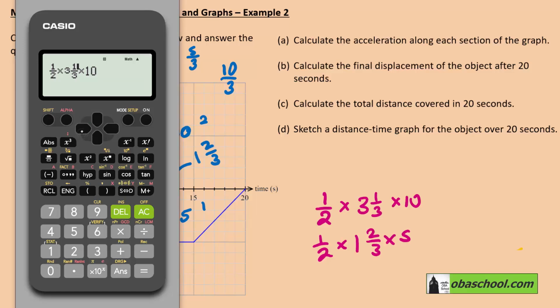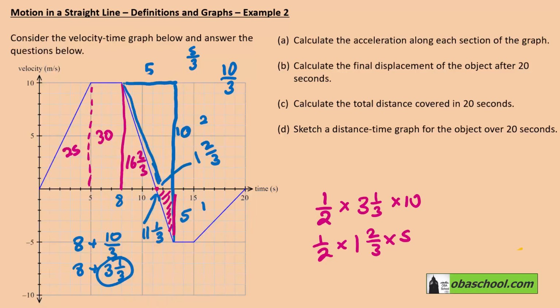So that's going to be 1 2/3 times 5, and that's 25/6, or 4 1/6. So let's just make a bit of space here, and we can say this triangle here is 4 1/6, and